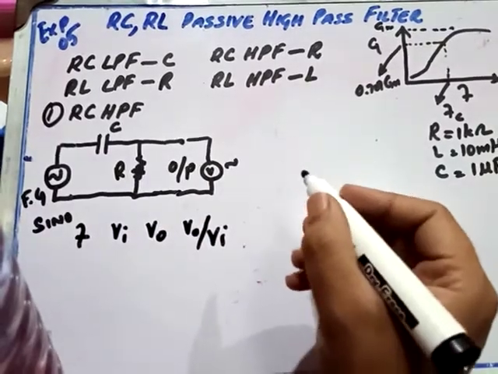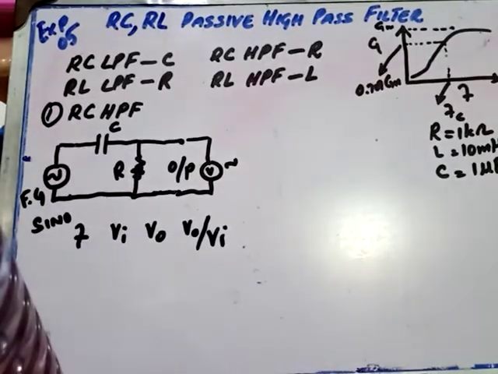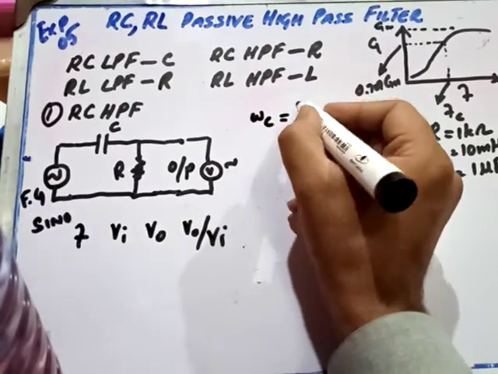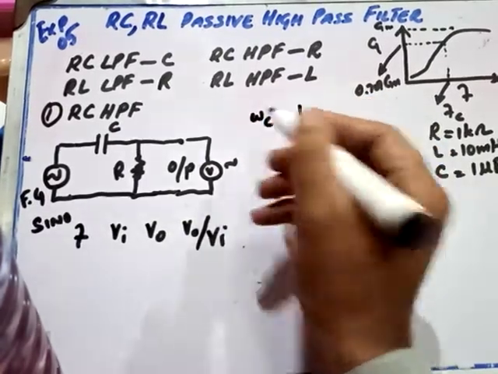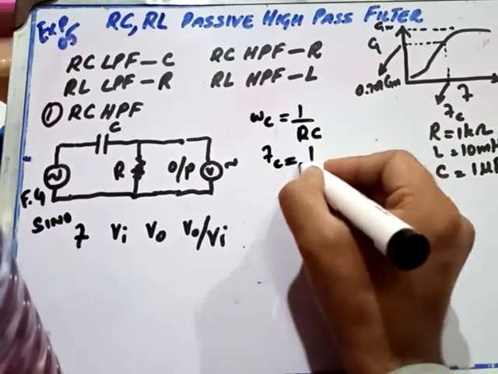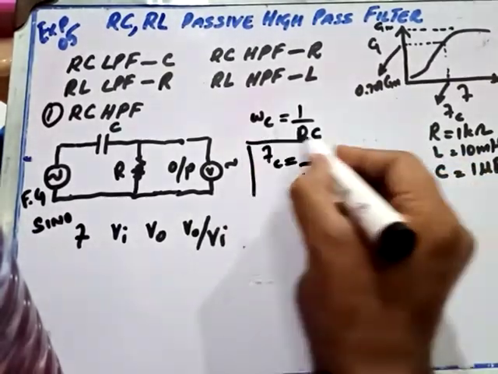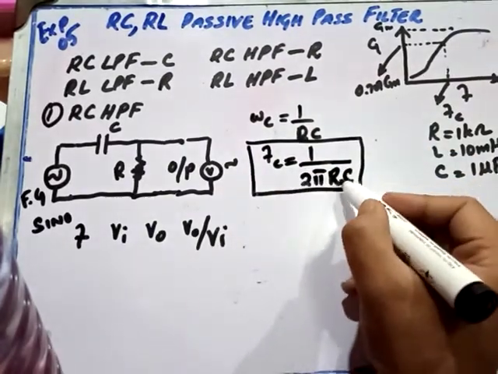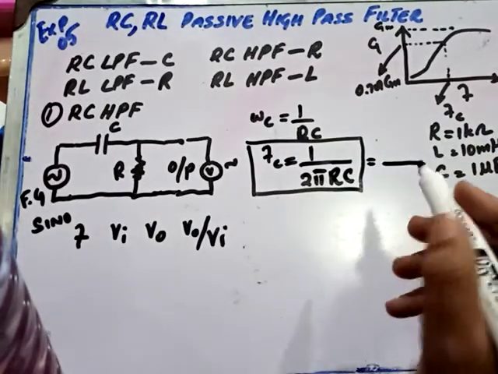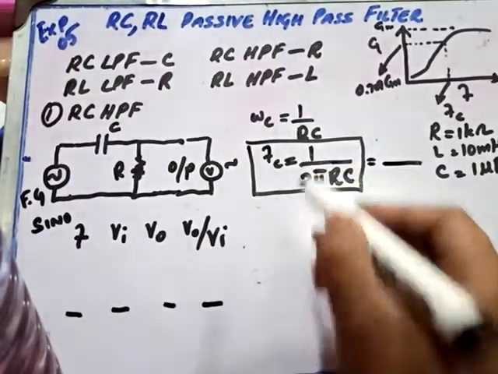For the theoretical value of cutoff frequency, you will make use of the formulas that we discussed earlier too. That is, we took into consideration omega c is equal to 1 over RC. So Fc is equal to 1 over 2 pi RC. This will be the value of cutoff frequency. You will put in the values of resistor and capacitor initially to determine the theoretical value of cutoff frequency. Once you are done with it, you will have the input and output and correspondingly gain for this cutoff frequency.